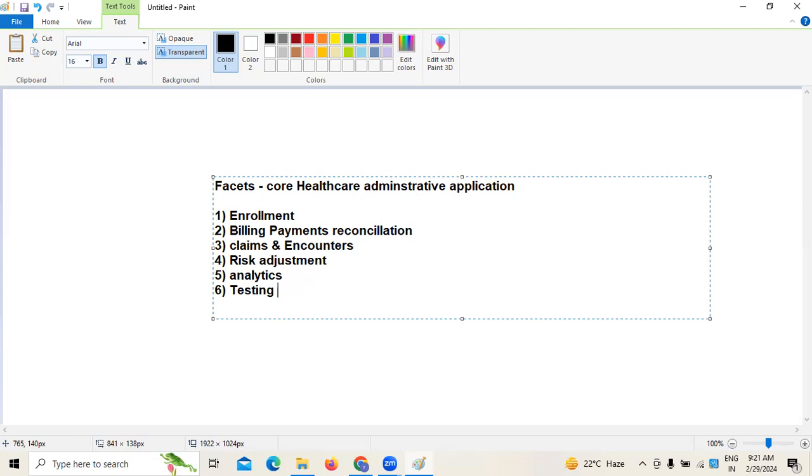At the same time, one of the major and important elements in Facets we must be good with is all about claims and encounters, where we need to validate the adjudication in context to the different EDI codes like 837P. 837P majorly specifies professionals, whereas 837I is for institutionals and D for dental and all that. So normally we validate as well as automate this adjudication of claims, majorly from various provider networks